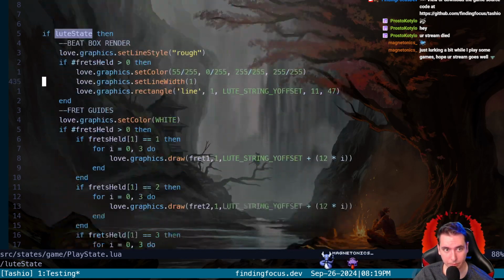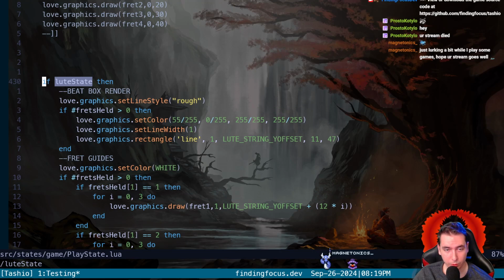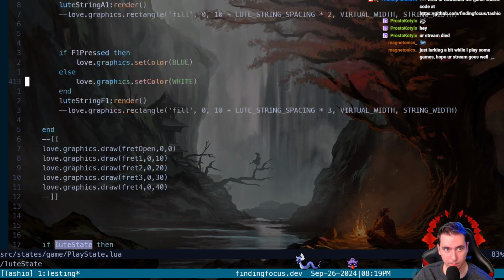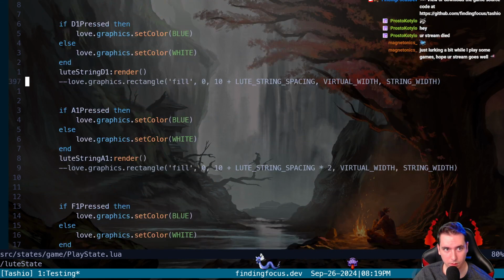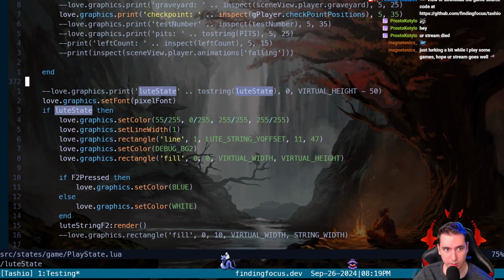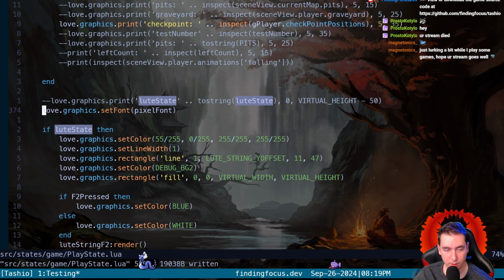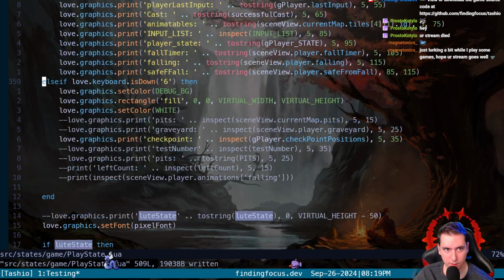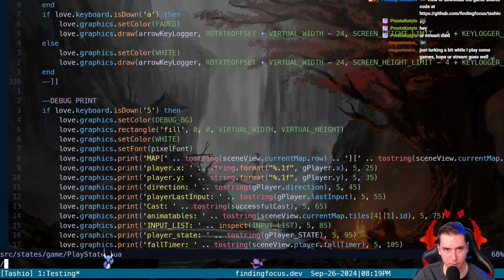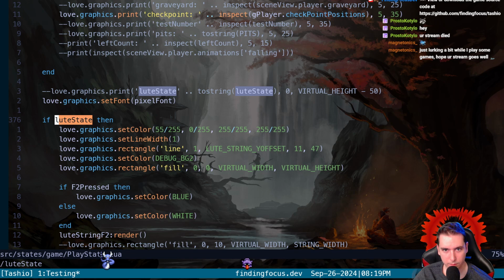Okay. So we need to pull over this loot state render. And this loot state render. I don't know why they're split up. Anywhere else?